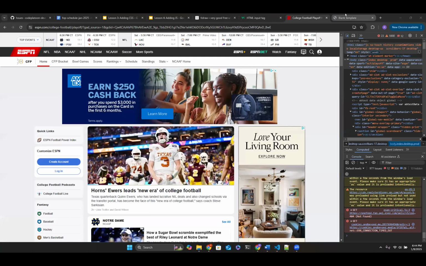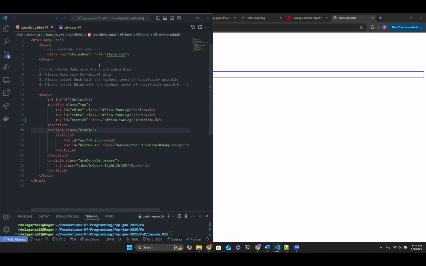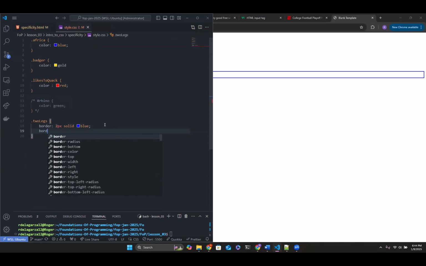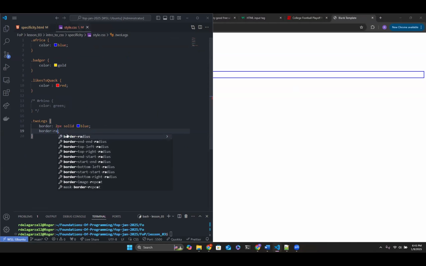We can see a quick demo of that here. If I go to the style.css and change the radius for, let's say, the ostrich, I can say border. We already have a border, not bad. We'll say border-radius. We see a couple of things already popping up with border. We can manipulate the border a lot. We can do border-style: dashed, dotted, double, groove, hidden. But let's go with border-radius.